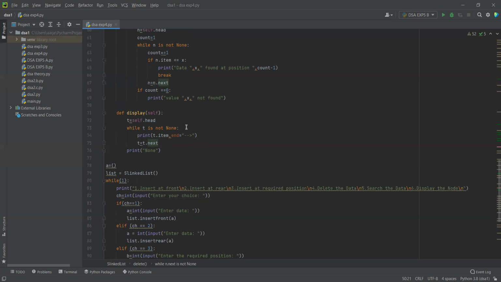First we print the data and we are entering this symbol, and it goes for t.next, that means the next address of the next node. Then t directly points to the next item. So it checks t is not None, and the while loop runs until the last node of the linked list, then it prints None. The last one is None, so it prints None.